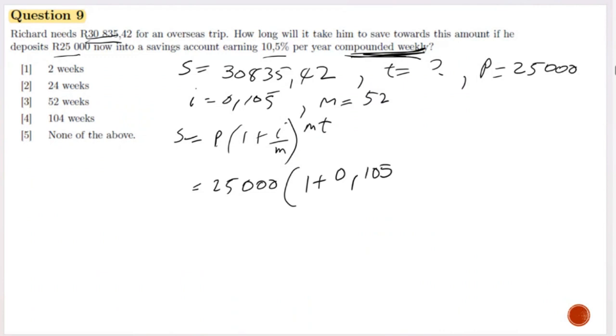And then this is compounding weekly, which is 52. Okay, and then this is to the power MT. Our M is 52T. All right, so your S here is 30835,42. Okay, so you divide this amount with this, so you're going to get